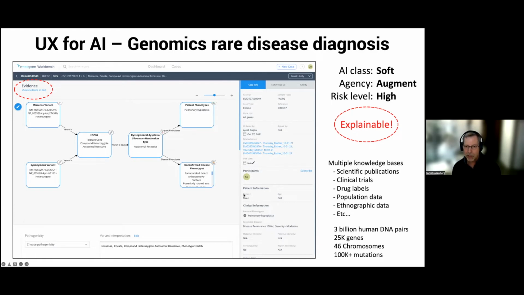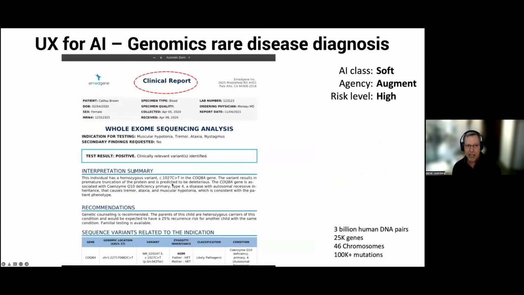In rare disease, it can take anywhere from half a day to 2 days for the analyst to really dispatch a case and figure out what matters. In cancer diagnosis, it can be as fast as 5 minutes per case. And again, the result is intended to be this clinical report.